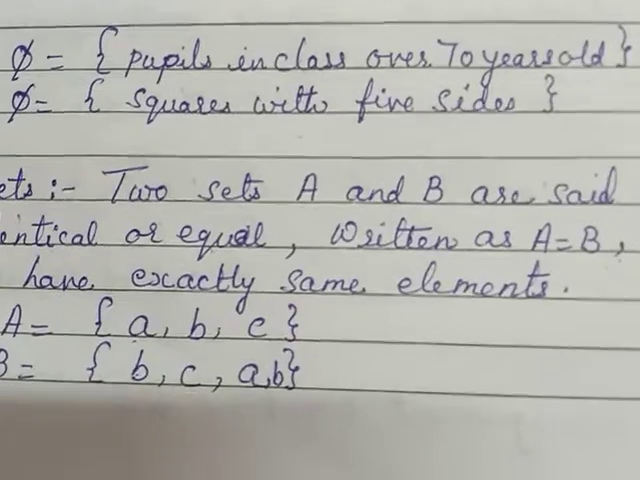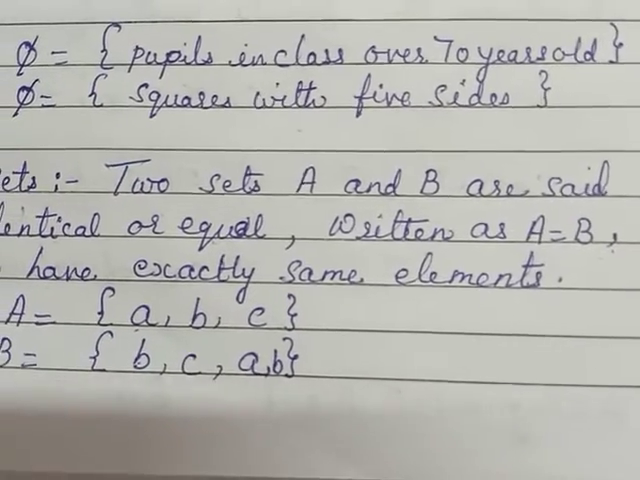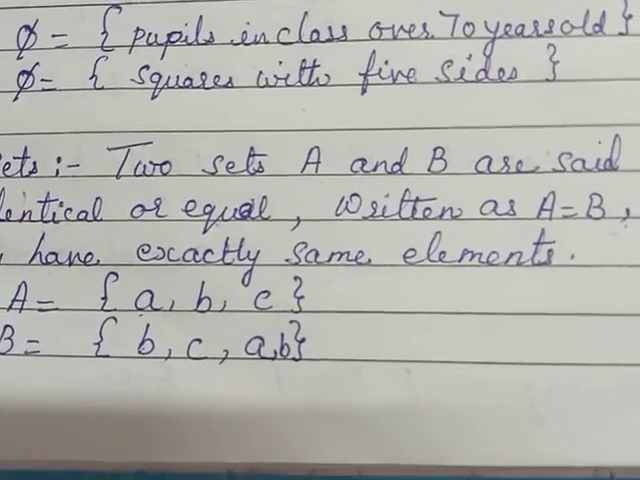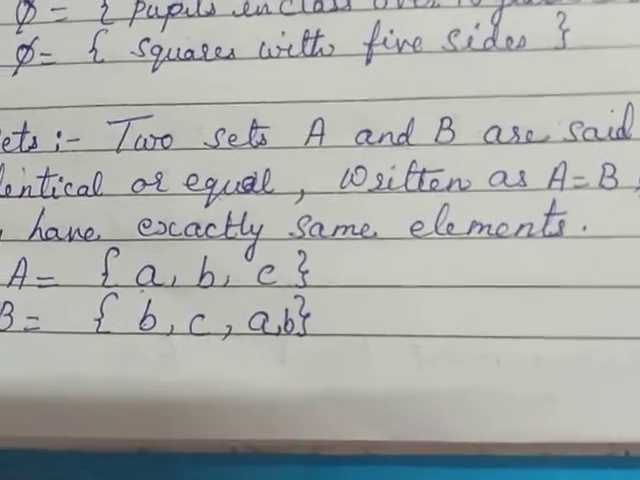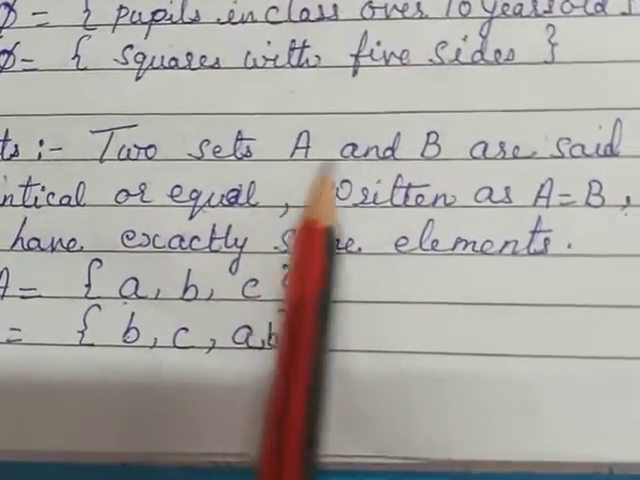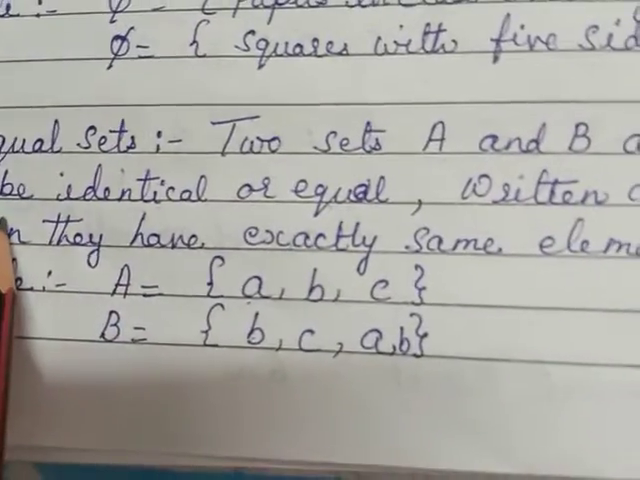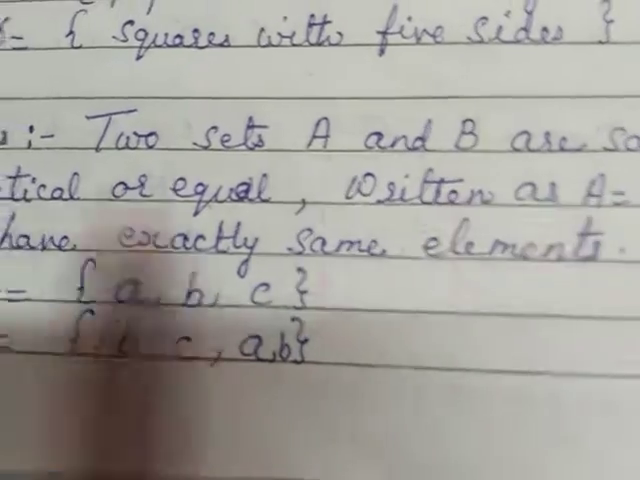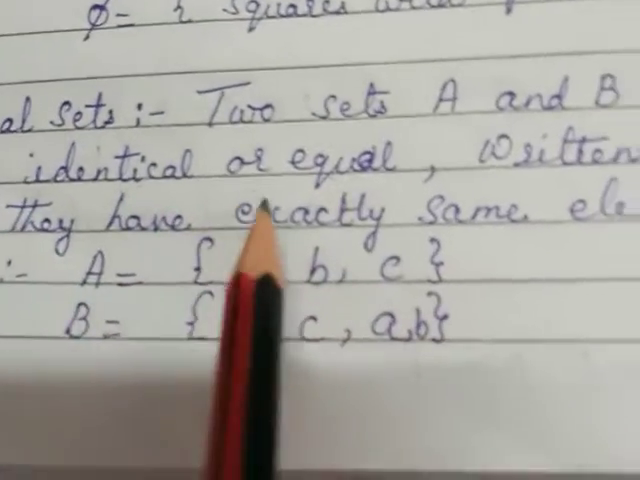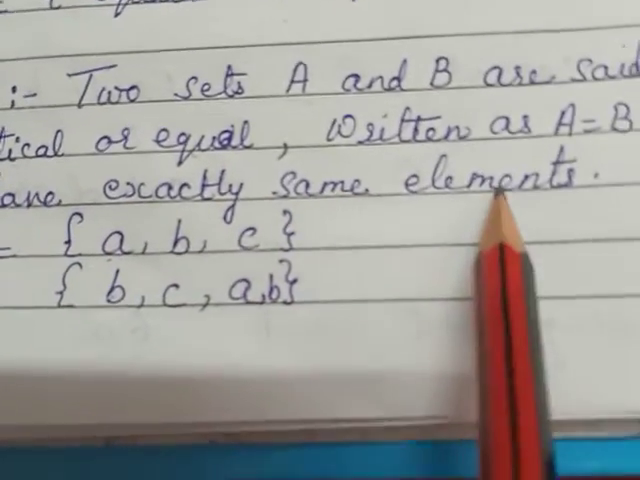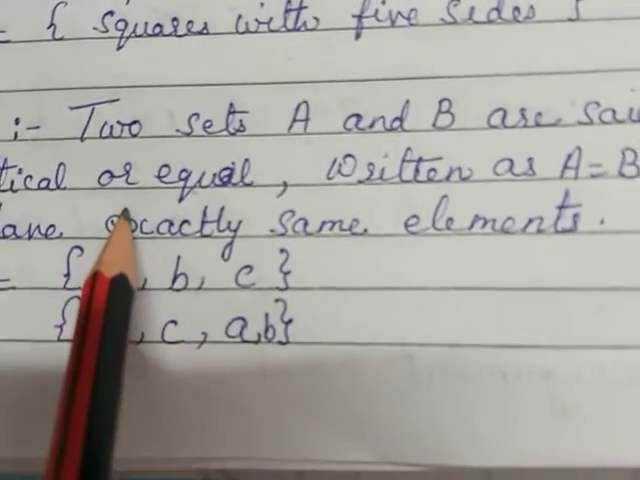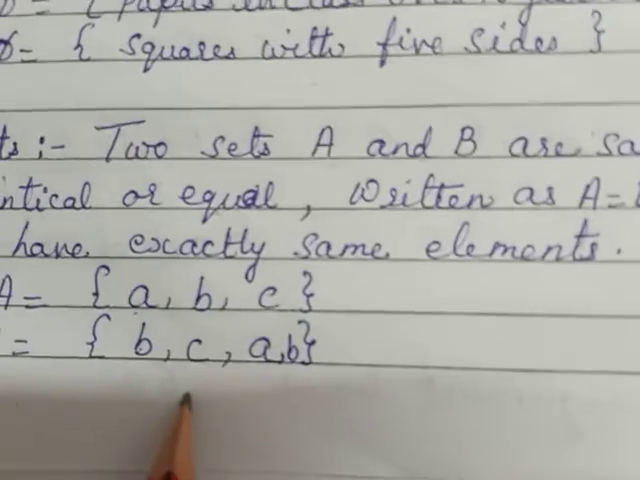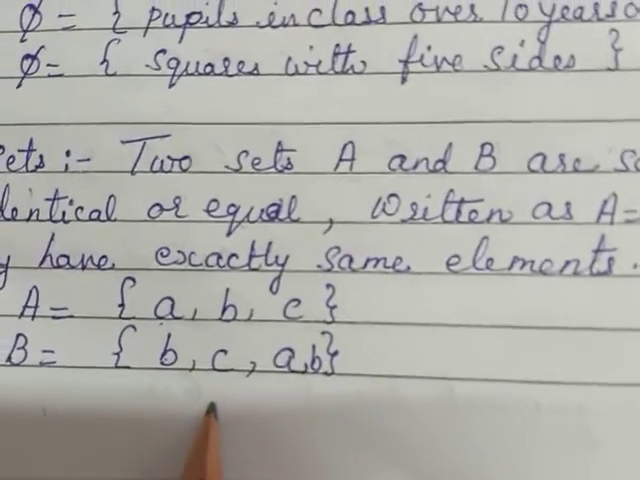We say that two people are identical. Identical means they are same to same or they are the Xerox copy. So a set A and B are said to be identical or equal, written as A is equal to B when they have exactly the same elements. If set A and set B, both of them, have the same elements, then we say that it is